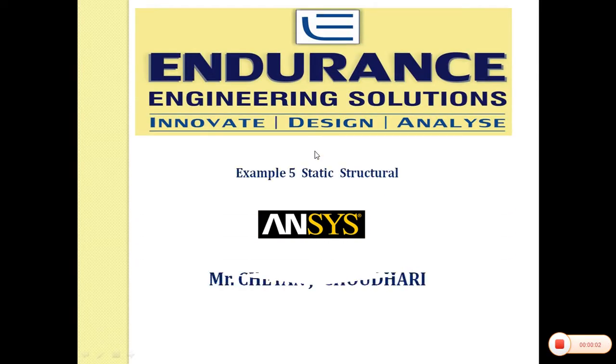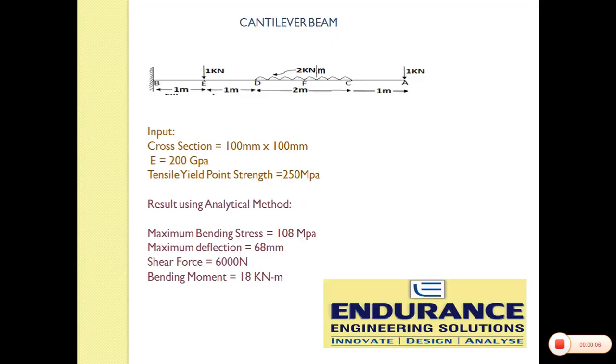Hello everyone, today we will see another example of static structural analysis. Today we will see a cantilever beam with a 1 kilonewton load at point A, and there is a uniformly distributed load from D to C and a 1 kilonewton load at point E. The total length of the beam is 5 meters, and the cross-sectional area is provided as 100 mm by 100 mm,